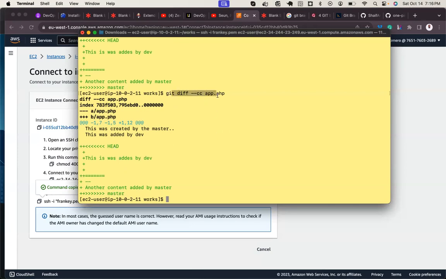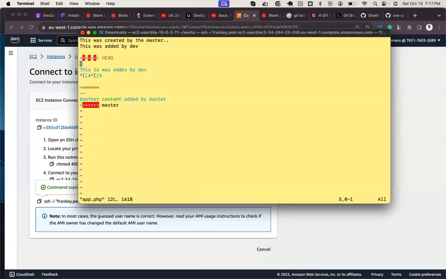So I have tried to merge, but merge is failing. I need to go into this file and edit it. So I'll go into app.php. Once I open this file, I will see the lines that do not need to be in this file. So you can see this line, let me set line numbers.